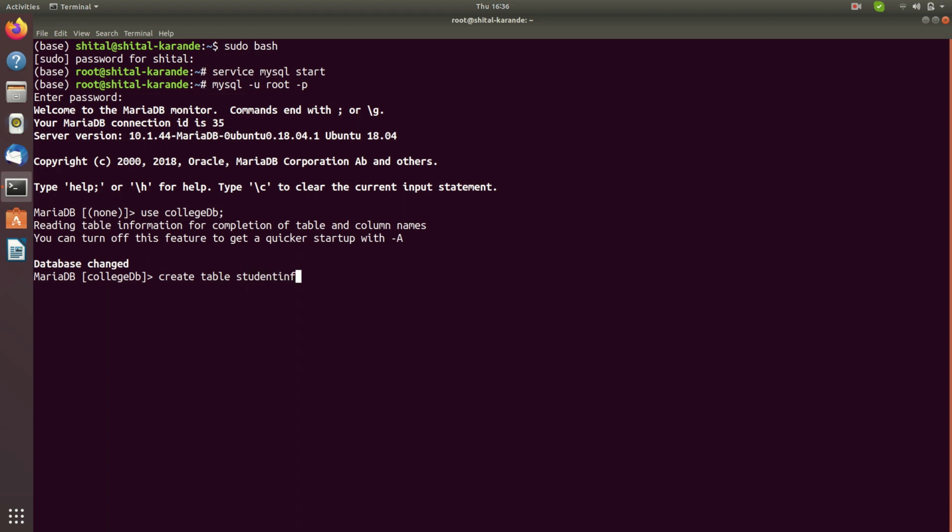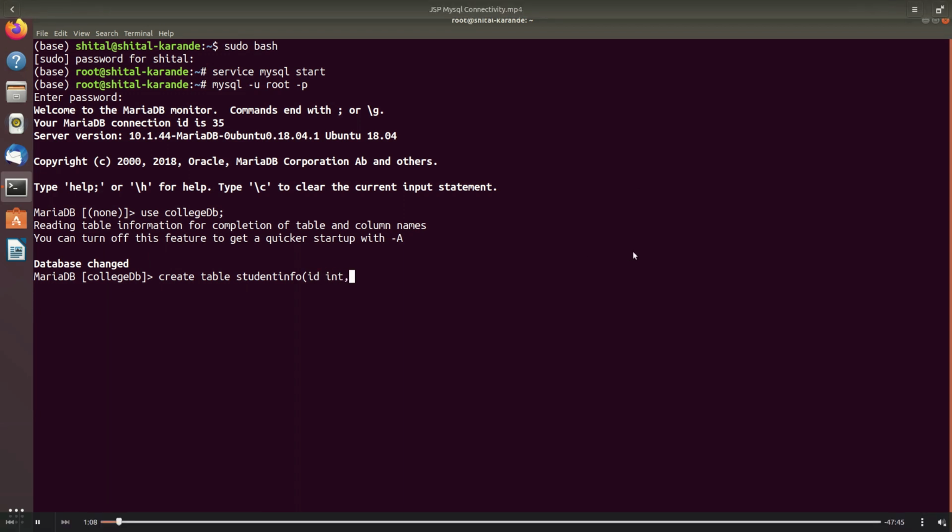Then we are creating the table student info, and in this table we would be having the attributes ID, name and mobile number of the student, and password is another attribute that we are adding in this table.